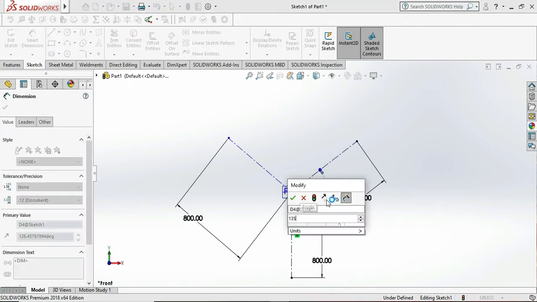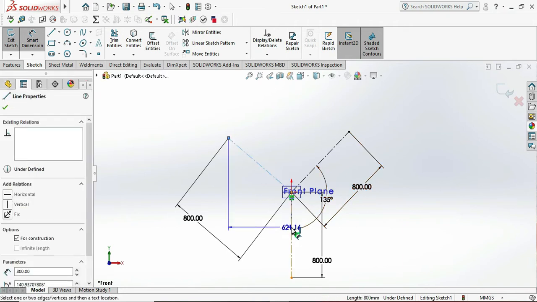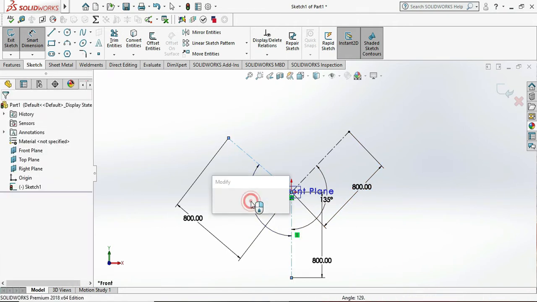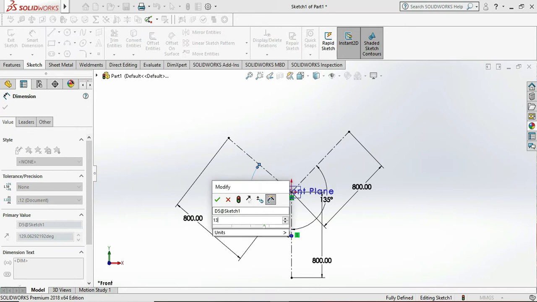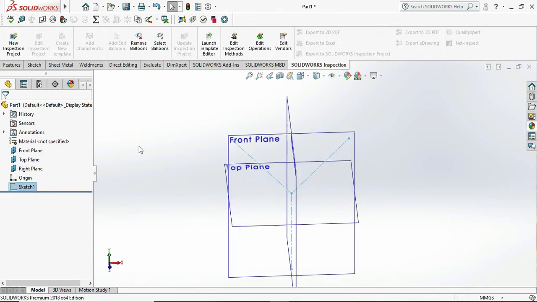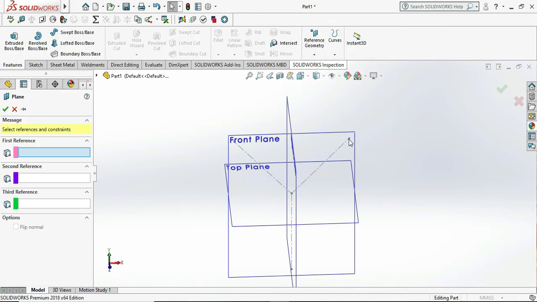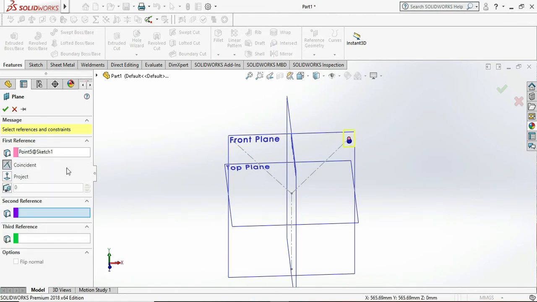So as per this rule, this duct is designed. This is professionally designed, by the design rules. So here our Y profile is complete. So we are creating planes at all these points. Firstly, let me go to the features and go to the reference geometry. Then select the top point of the Y reference lines